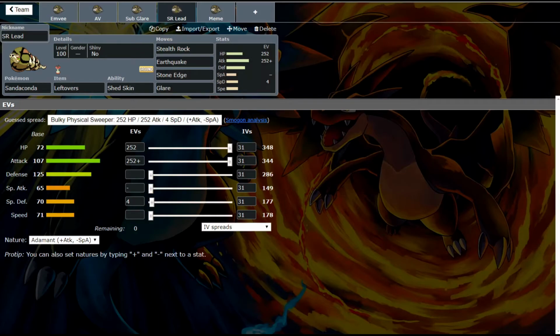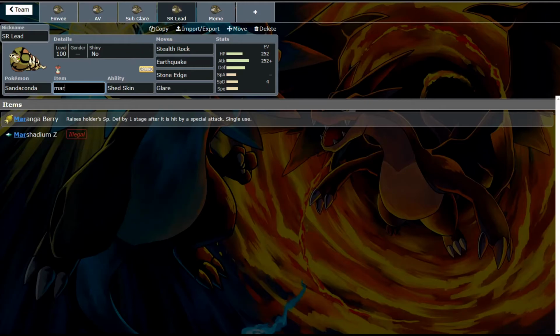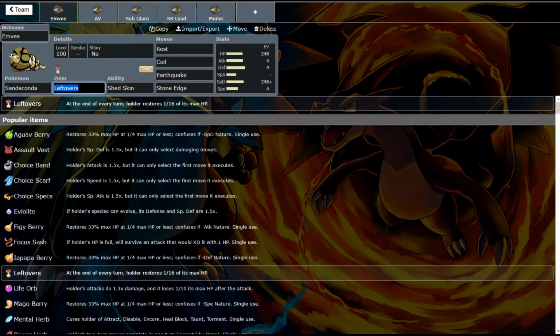So let's look at our meme set here. And actually, before we look at our meme set, I think that this mon actually would be decent to run something like a Moringa Berry. We looked at it in our Appleton video, but I don't know if it would necessarily work great on this set specifically, but this would just be something to look into. It raises the holder's special defense by 1 stage if it's hit by a special attack. I think that this would work really well on this set right here, actually, instead of Leftovers, to run Moringa